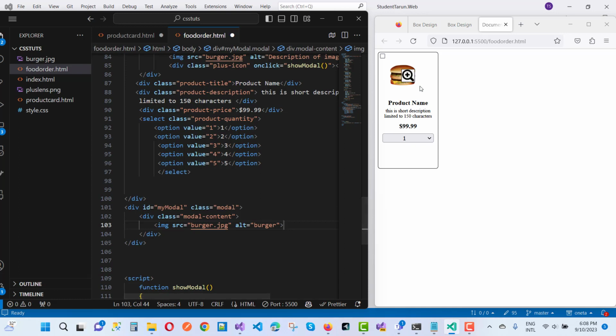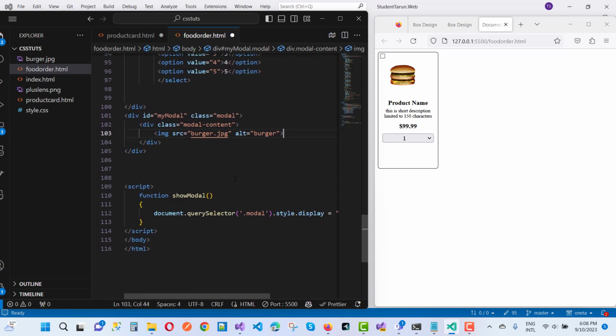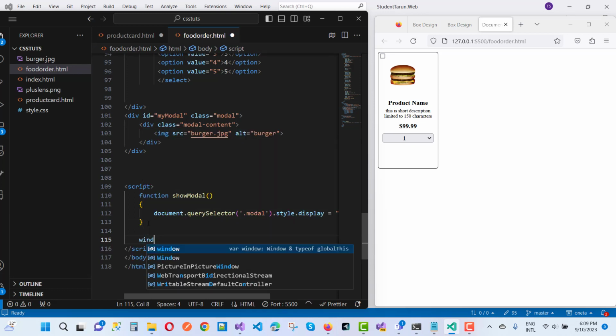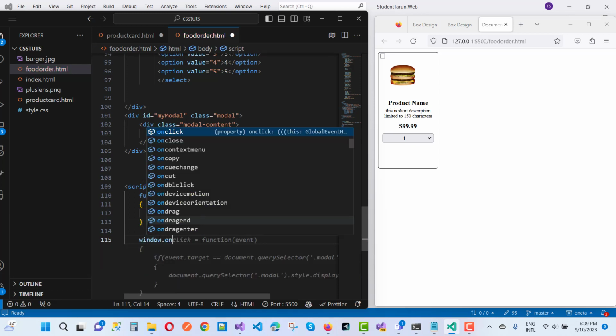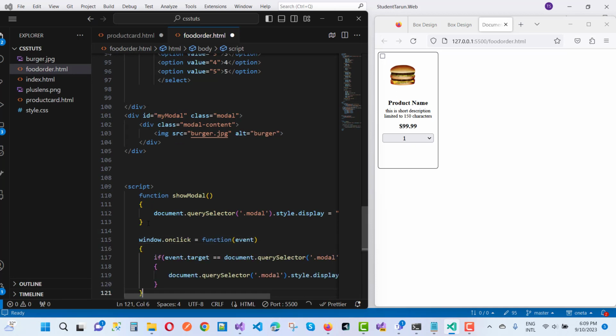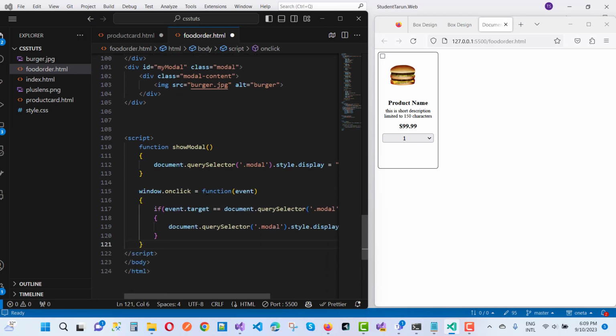Now when we click on the plus icon, the modal pop-up will be shown, but the default is hidden. So when we click on the modal pop-up, you can set it with JavaScript code. So window dot onclick, a function with the event. Window dot click, and just raise the event on the function where modal